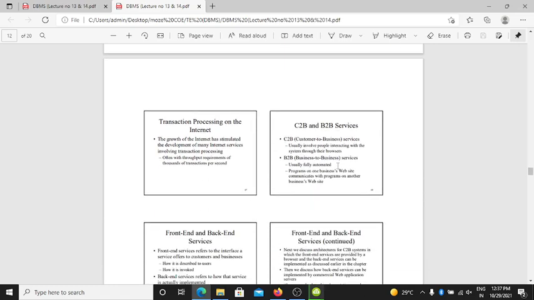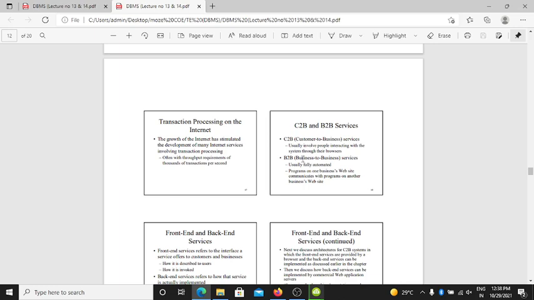Next is transaction processing on the internet. The growth of the internet has stimulated the development of many internet services involving transaction processing, often with throughput requirements of thousands of transactions per second. Here are C2B and B2B services.